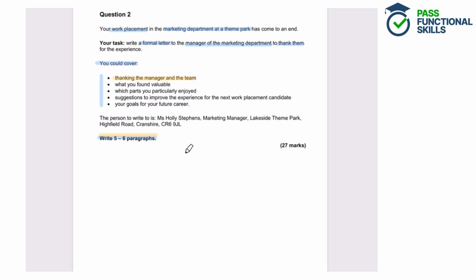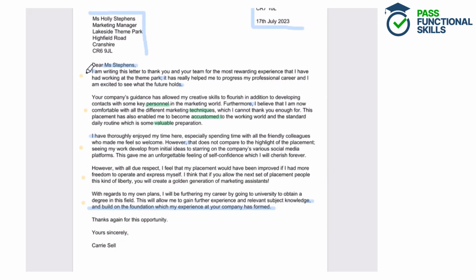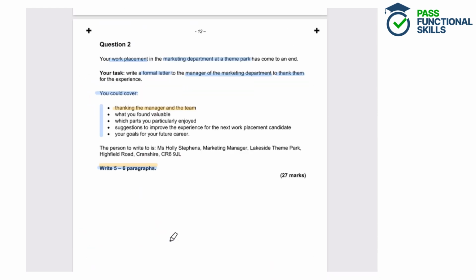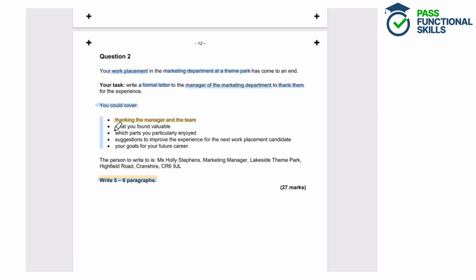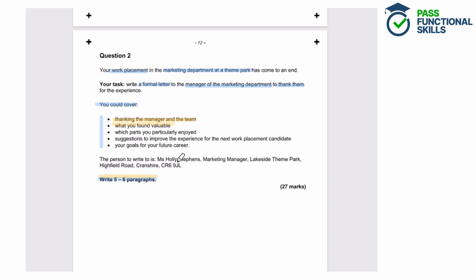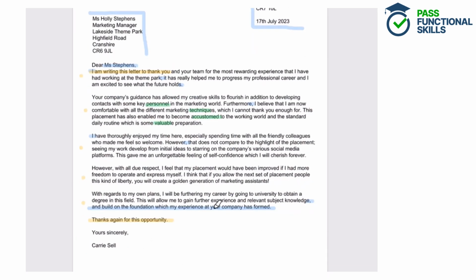So thanking the manager and the team, they've said, I'm writing this letter to thank you. And they say thanks again for this opportunity at the end. So we've definitely covered the first bullet point. What you found valuable. Well, they've explained what they found valuable. They've said that spending time with the friendly colleagues made them feel welcome, and the highlight of the placement was seeing their work develop. So they've included some detail here, they've expanded on that point and explored how they felt as a result of parts of the placement,